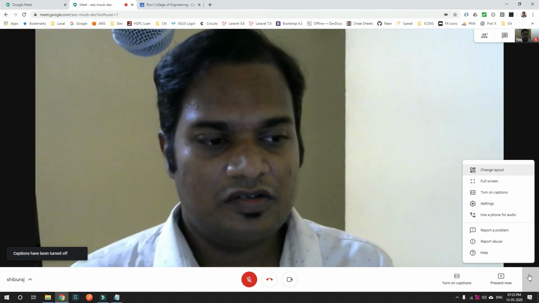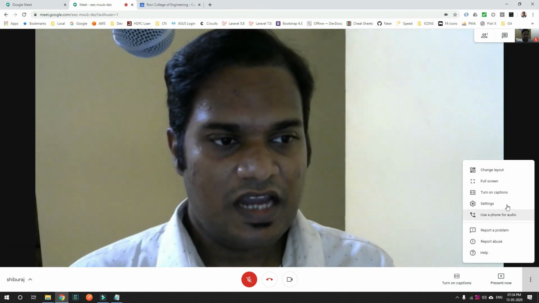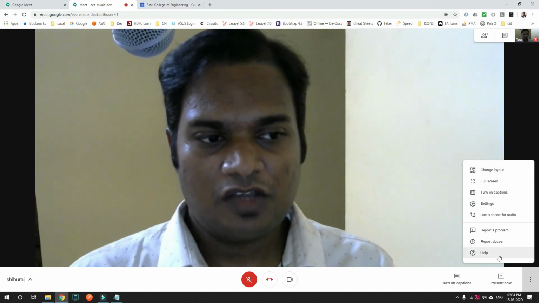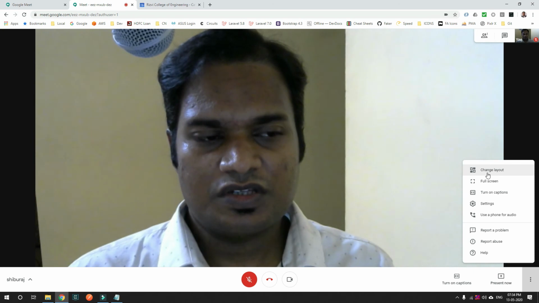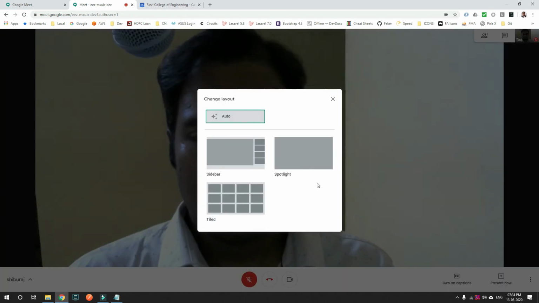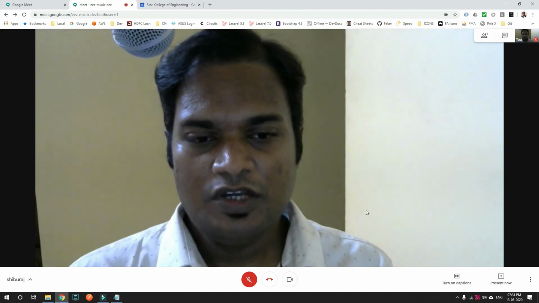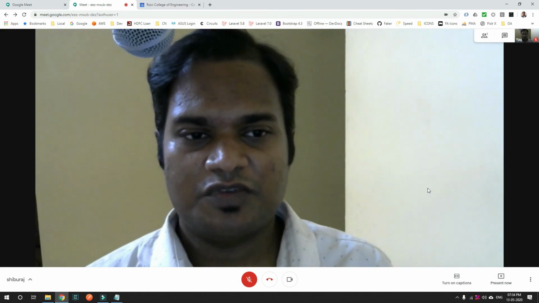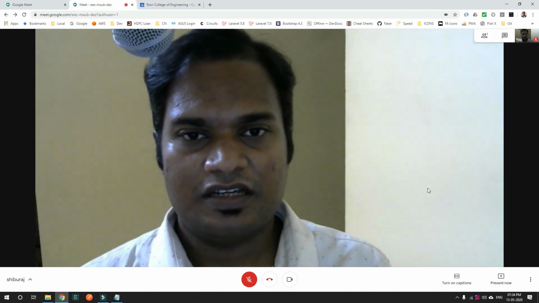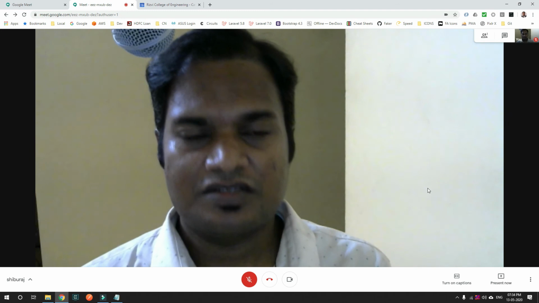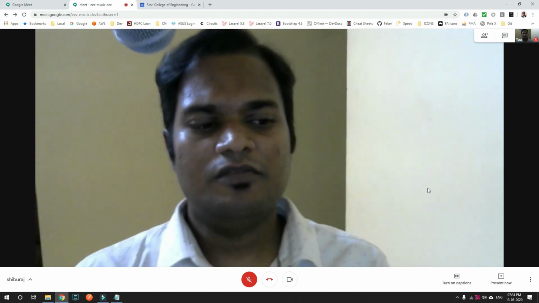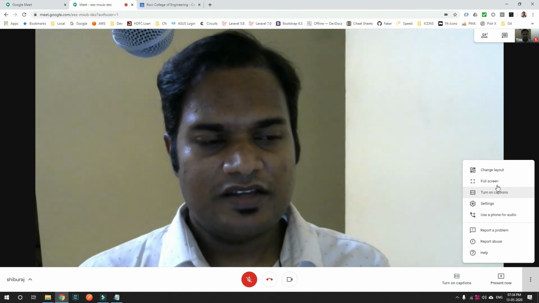Over here at the right hand side corner, you can see additional options, and the best one is to select the change layout option. In this option, right now I am able to see only myself on the screen. If you want to see other people also on the screen, then you can use tiled. Right now you cannot see any difference, but as and when people get connected, the screenshots start shrinking. They all will be accommodated on this screen. So that is one option.